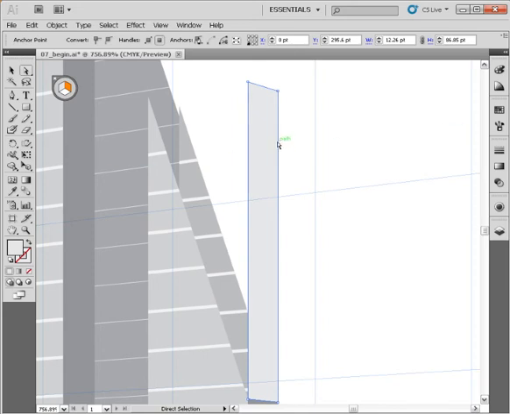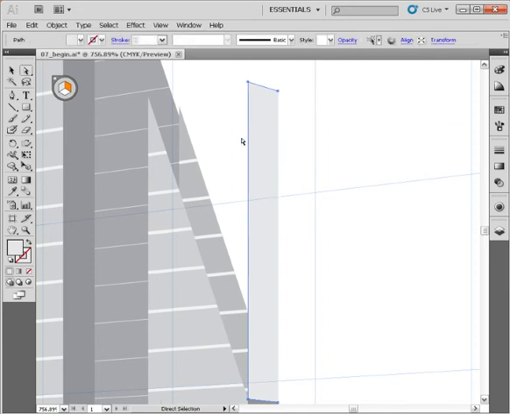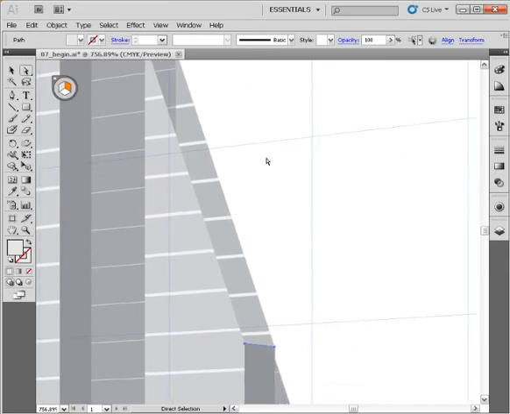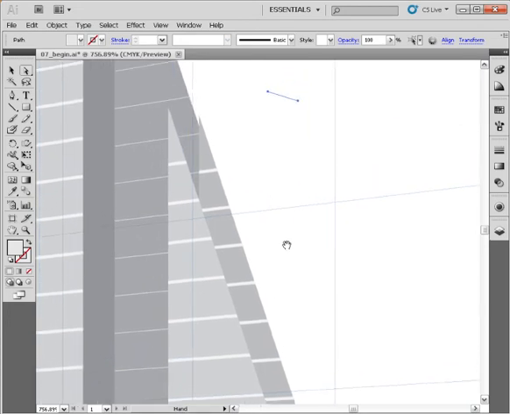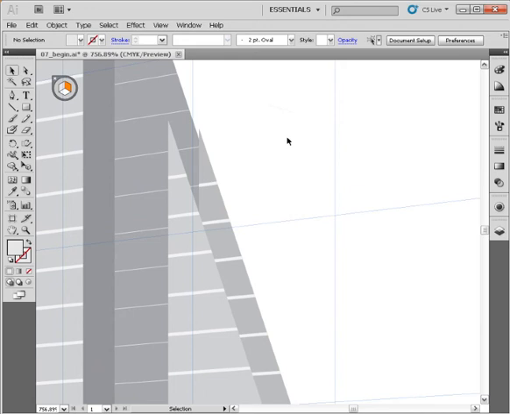So let's come in here and select the path segment, hit backspace there. We'll select this segment and hit backspace there. And I tell you what, let's go ahead and bring these to the front by hitting Control Shift close bracket. Make sure we're easily able to reconnect them when we need to. And I want to go ahead and deselect those and use my perspective selection tool to draw a marquee around